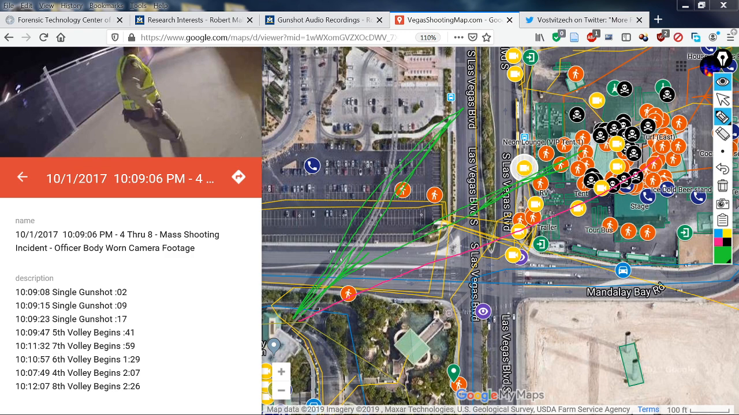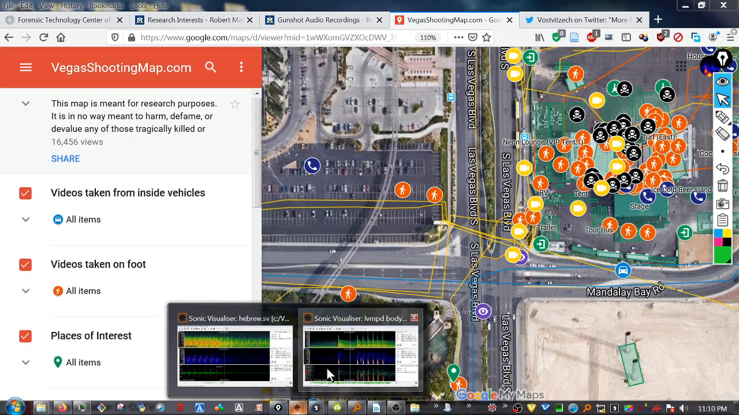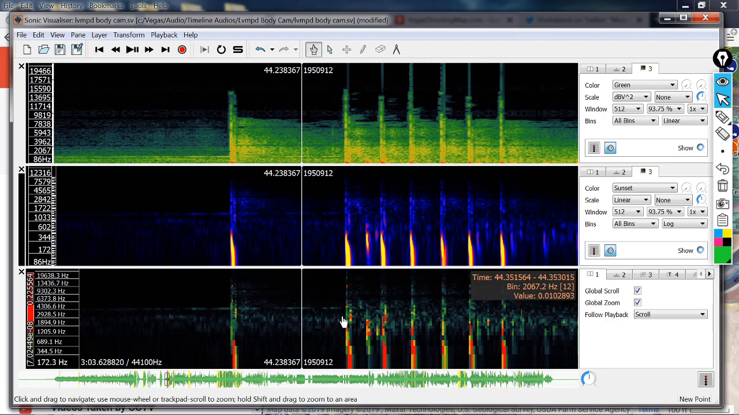So let's go ahead and take a look at the signal from that location. I've loaded it up already into Sonic Visualizer just to save some time. Now in this case we're looking at part of volley 5, which was that 3-burst volley, and it looks substantially different both on the spectrograms and